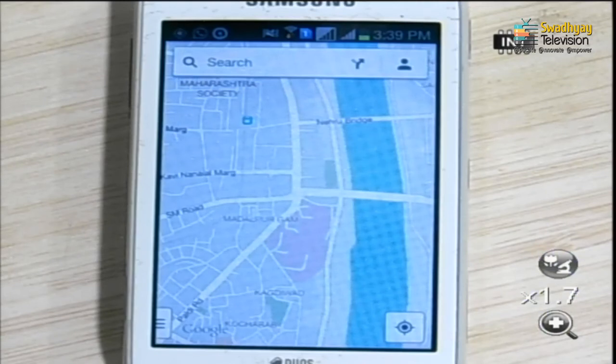Here you can see that our required location is displayed on the inbuilt Google Maps application, and you can use all the features available in Google Maps for doing whatever you want on maps.